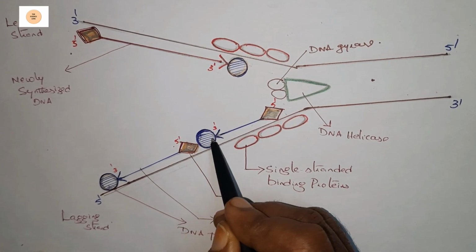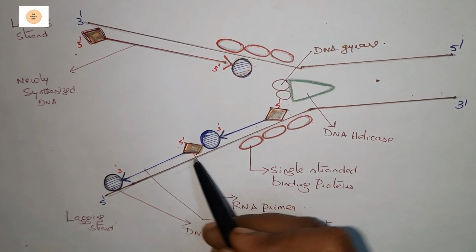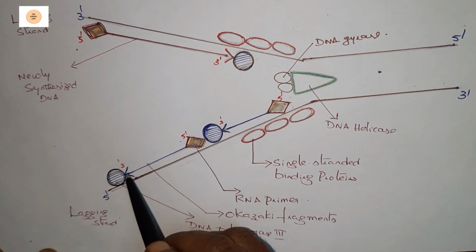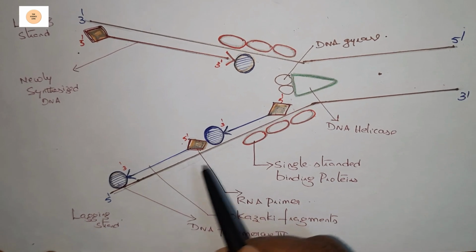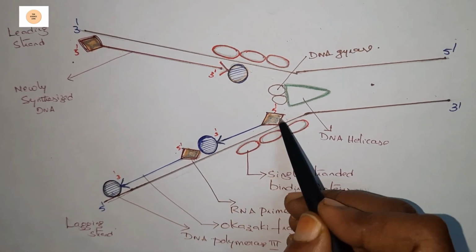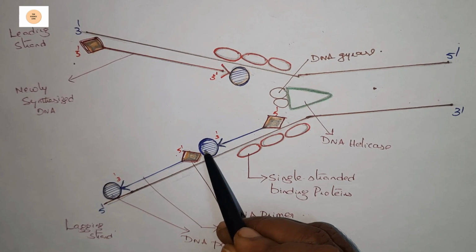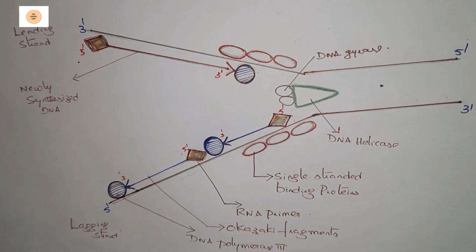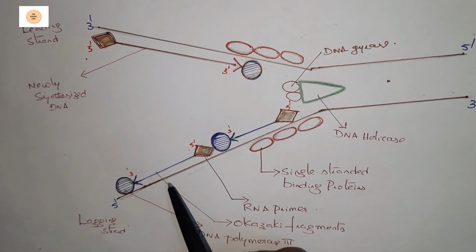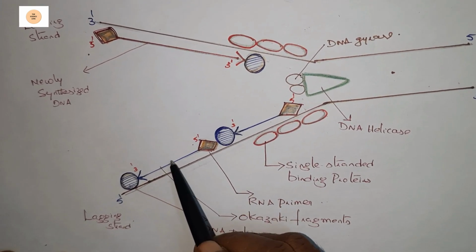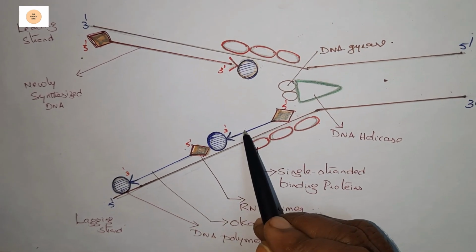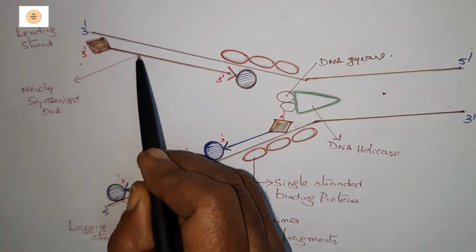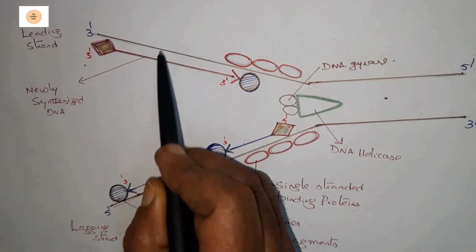And this is DNA polymerase, this is an RNA primer. The next one, another RNA primer. To that with the help of DNA polymerase, another small fragment is formed. So after some time what will happen? These RNA primers are removed and later the gap is minimized, and with the help of the DNA ligase, these chains are joined together. So this strand is called the lagging strand and these fragments are called Okazaki fragments, and this strand is called the leading strand. This is the complementary DNA synthesized to the leading strand.